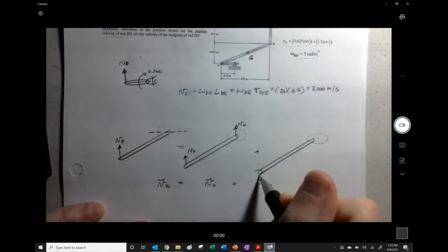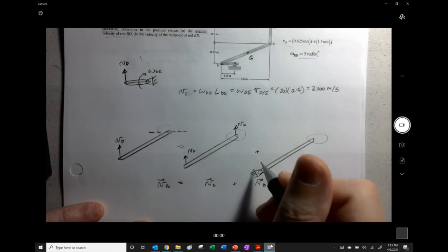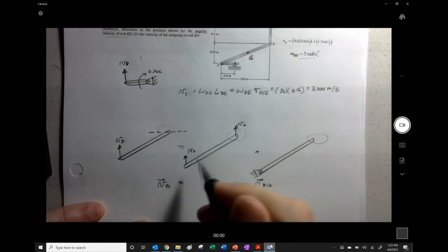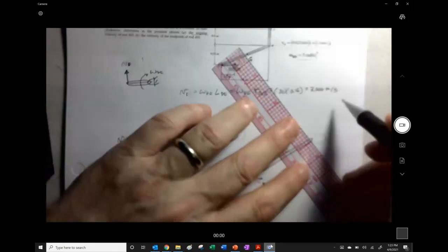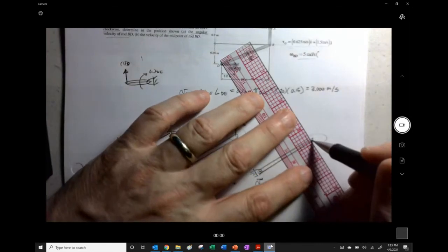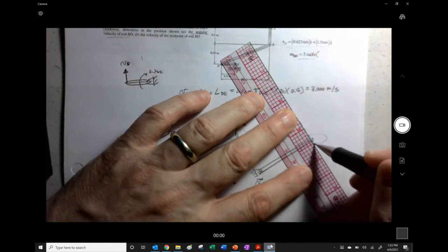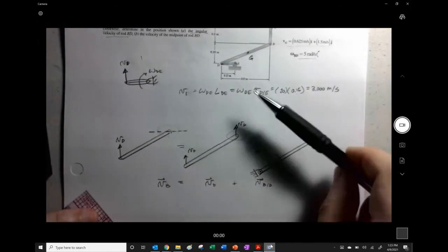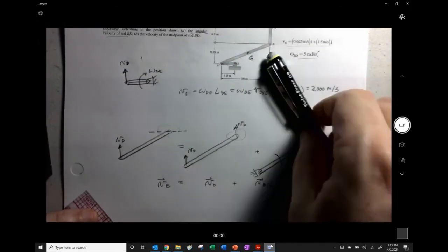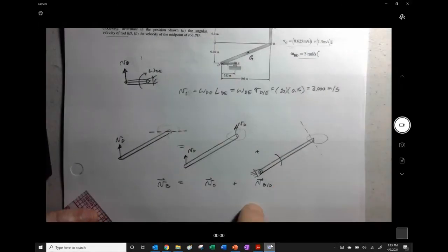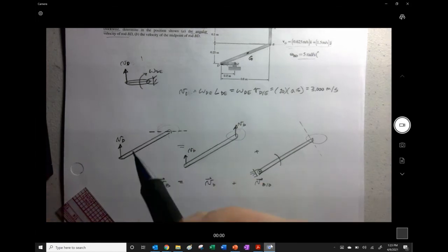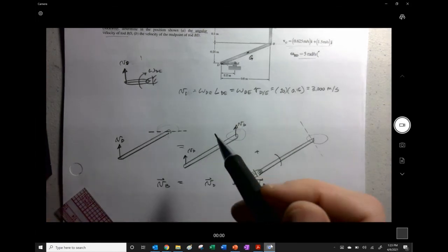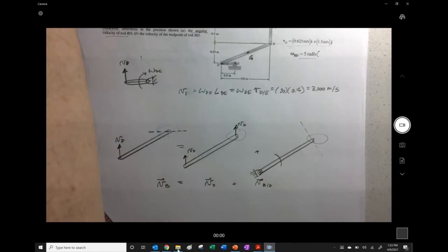And then for the rotational aspect of it, we will pin it at the reference, and we'll look and see what happens up here. And I know if it's going to rotate, the velocity will be along this line of action for the relative velocity right here. So a lot of times if I don't know which direction the thing is going to rotate, what I'll do is I will,